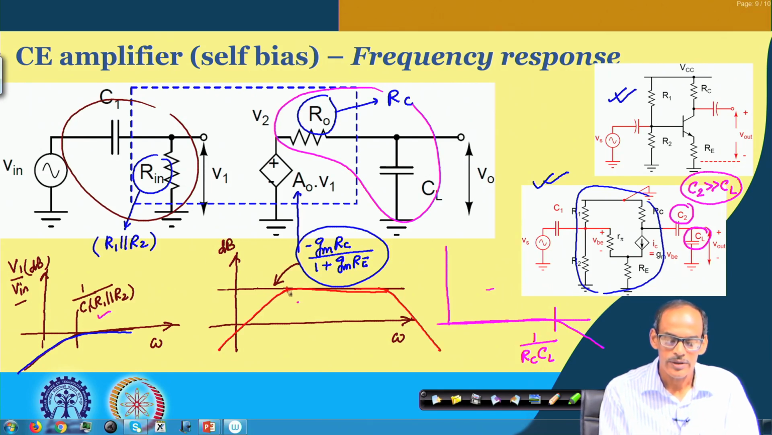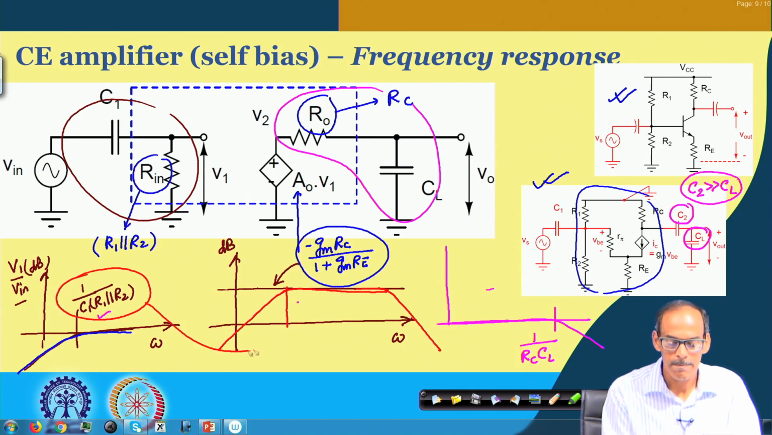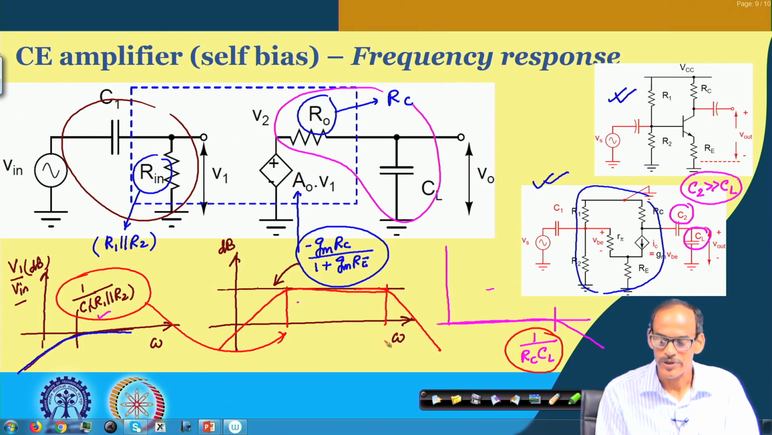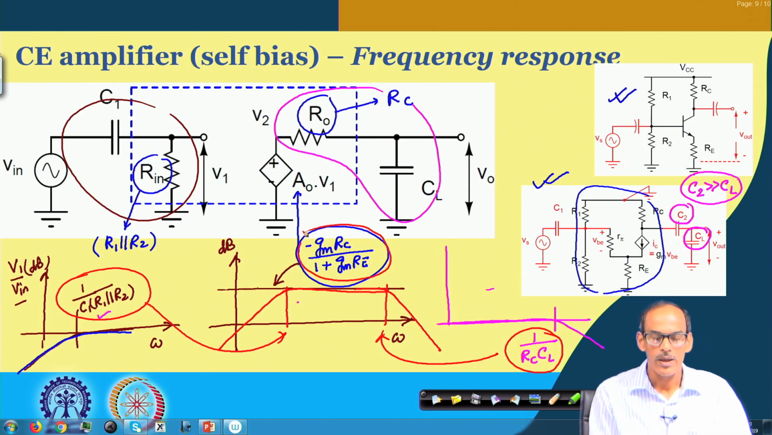Right, and the lower cutoff frequency is coming from here, and the upper cutoff frequency is coming from here, and the mid frequency gain is obtained from here. So, here again it is very similar to whatever we have seen for the CE amplifier, in fact, for the common source